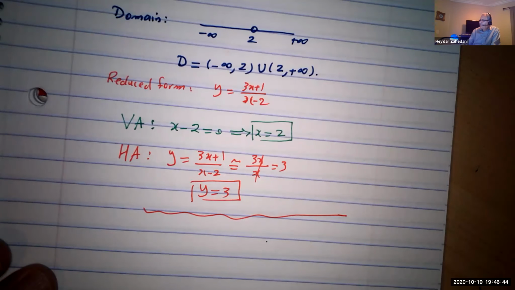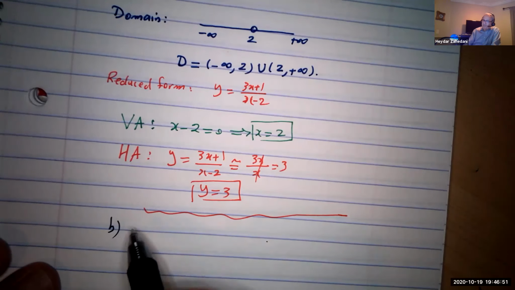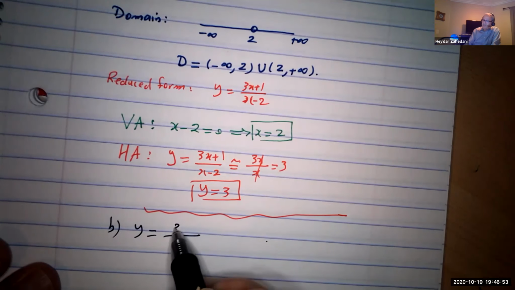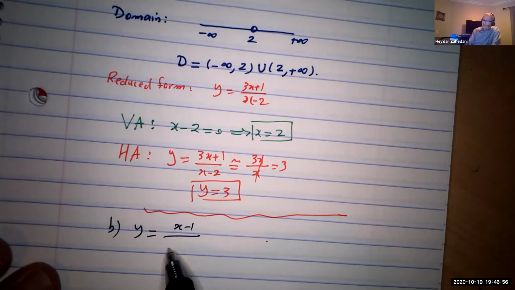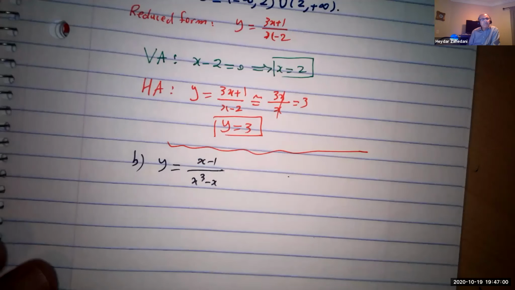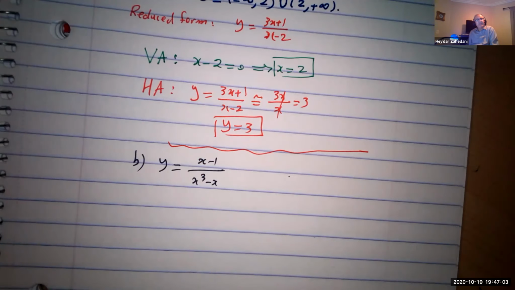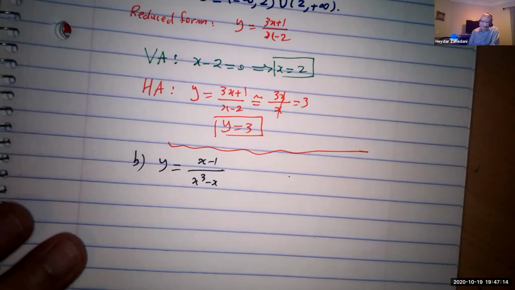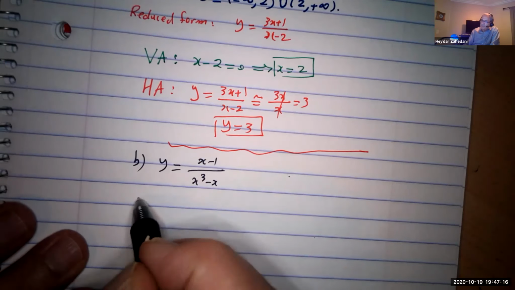Okay, ready for case 2? Case 2, B. Let's see what's special about this one. Y equal to x minus 1 over x cubed minus x. You know that. You have to factor the denominator first. It's x cubed minus x. You factor it out to get the domain. Okay, and be patient. So the solution,